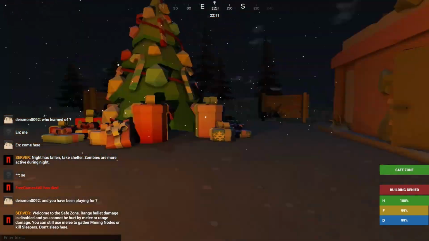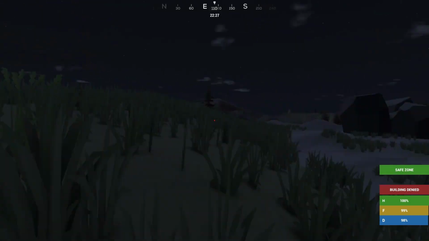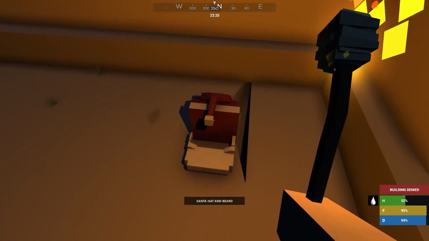Number 10, Nomad, an open world survival game that will really immerse you in a vast, procedurally generated landscape. And in Nomad, you must gather resources, craft tools and weapons, and then build shelters and fend off hostile creatures and other players. And the game will have a big focus on exploration and survival, while still being a dynamic